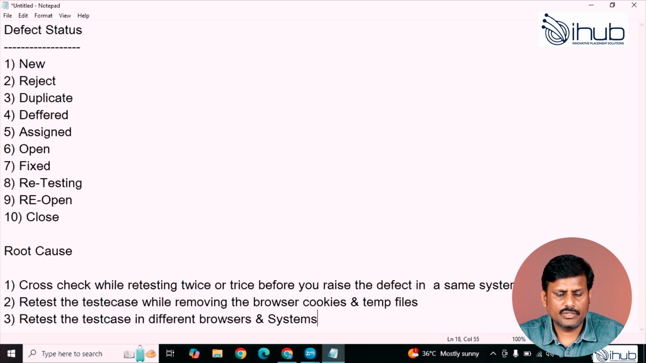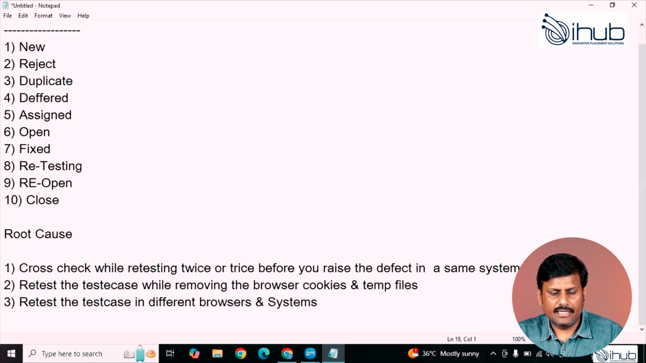Yes or no? So in that case, don't blindly raise the defects after testing twice and thrice in only one browser. Cross check in cross platform or cross browsers also. Maybe that is a compatibility issue. If it is working in one system and not working in some other system, that's also a defect, right? Yes. And next,